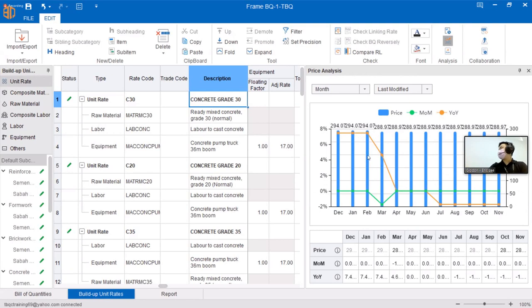For example, in December, January, and February, if I were to compare last year's December, January, and February with the previous year, I know that there's an increase of 8%. So even though I am in November now, if my BQ, if my project were to run in December or early next year, I can actually forecast that there will be an increase in price for whatever